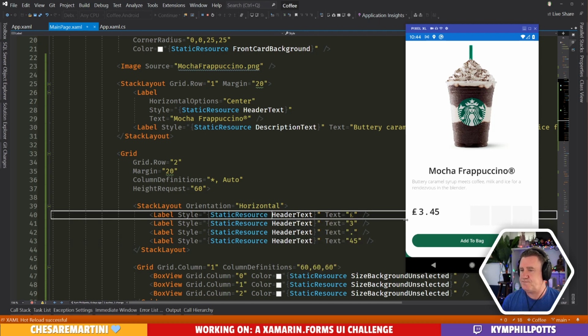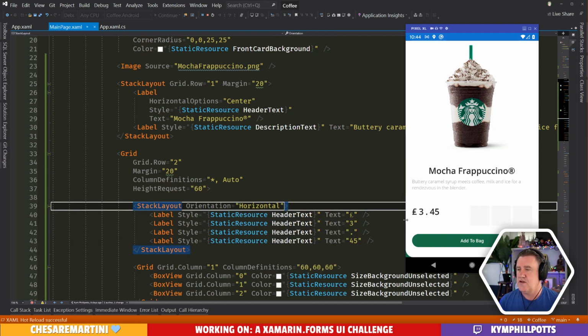All right. Let's make this vertically centered.